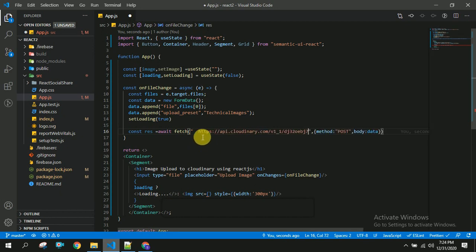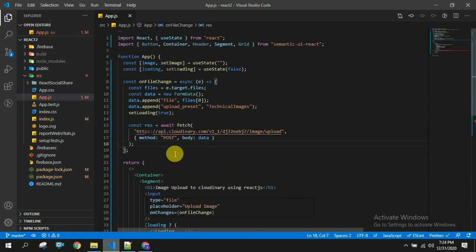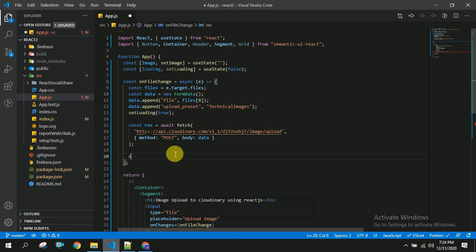Along with this we have to add some additional information called image/upload. So once this is done, save this, and after this we have to log the response.